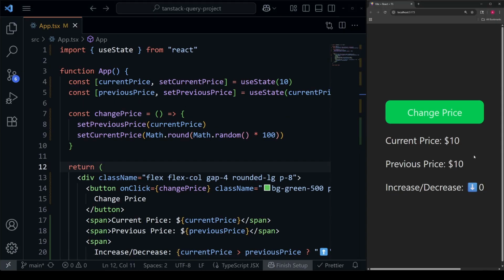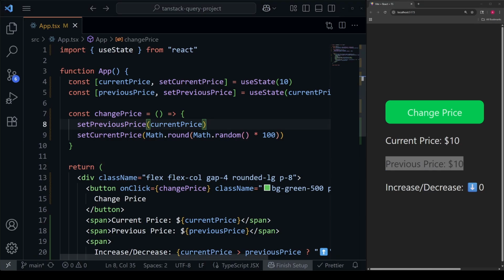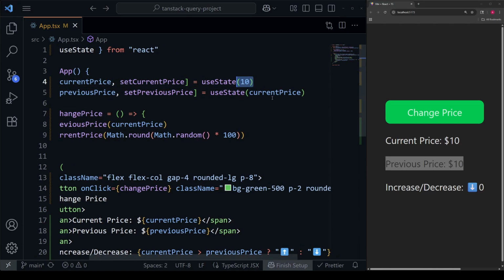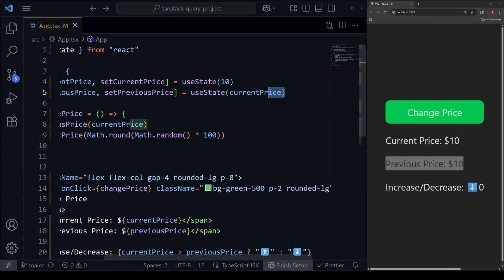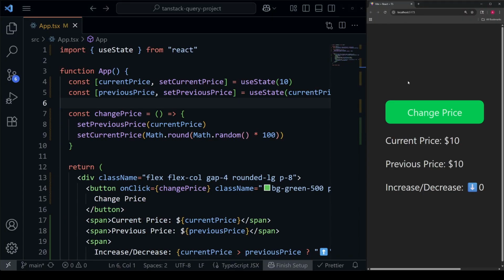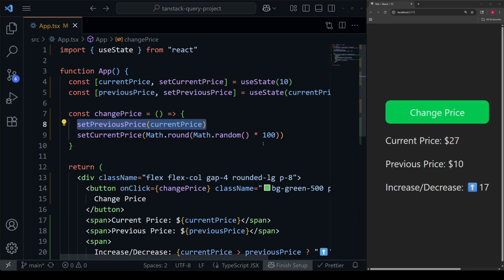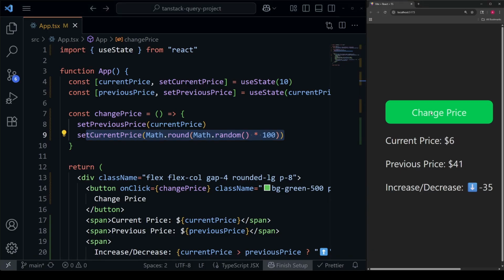We have a page here that has a current price and a previous price, both of which are loaded up in React state right here. Current price always just starts at 10, and previous price will always just start at whatever the current price is. We have this change price button right here that we can click, and it will randomly pick a new price. It will set the previous price to whatever the current price is, and then it sets the current price to a random number. If I go over here and start clicking it, you can see it randomizes the current price,